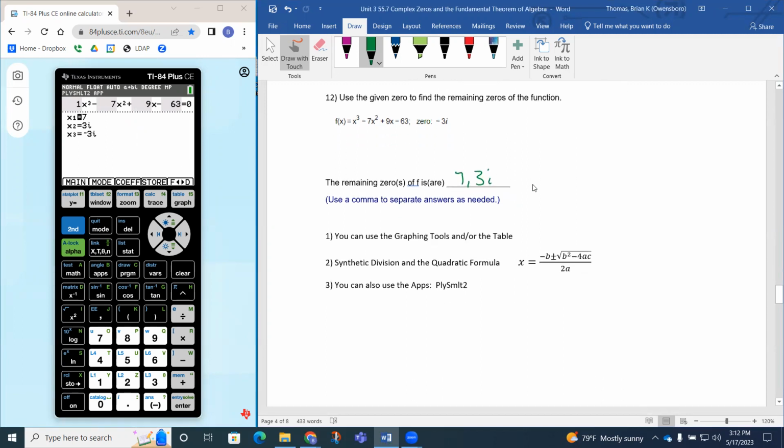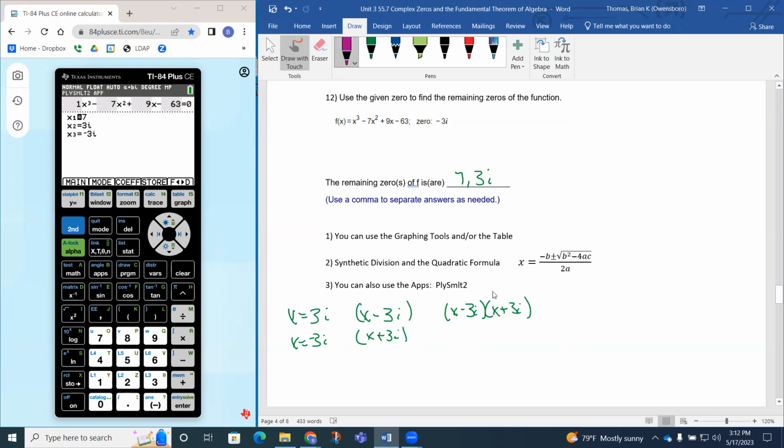So again, if I want to do this algebraically, if we have x equals 3i and x equals negative 3i, what we have is x minus 3i is a factor. And we also have x plus 3i is a factor. If I multiply those together, so if I have x minus 3i times x plus 3i, if I multiply those together, I have,